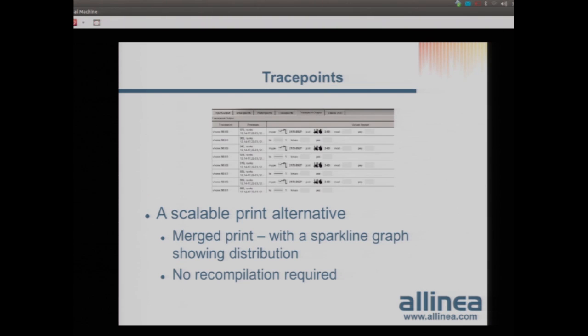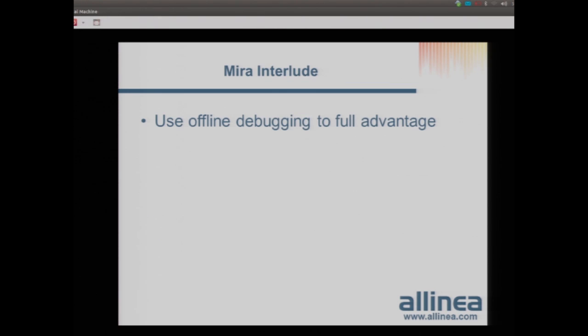We did that by putting in what we call trace points, which are scalable versions of printf. It allows every time you pass a line to print out a variable value, and it's merged scalably. So this is printing MPI rank from a multiple thousand process job as we pass particular lines in it. You say to the debugger, just print every time you pass here. It's a way of doing printf without having to recompile. And I'm not going to do the interlude with that